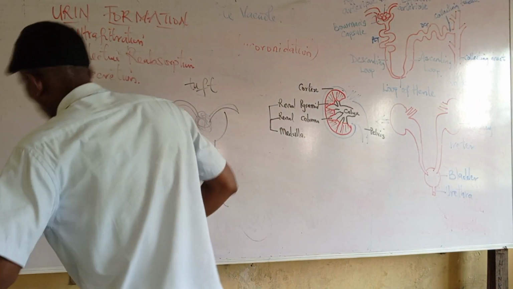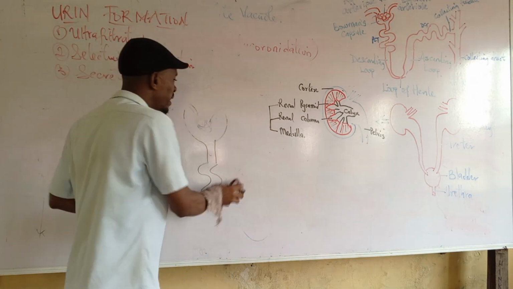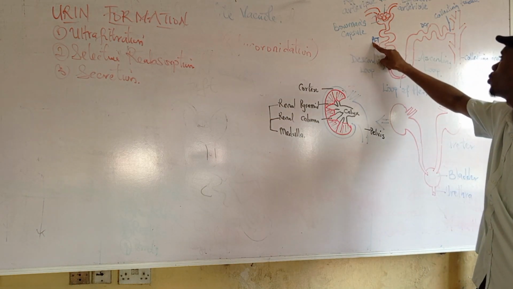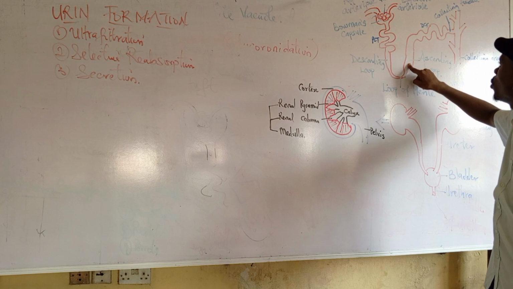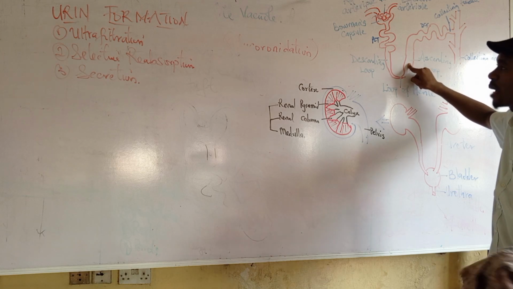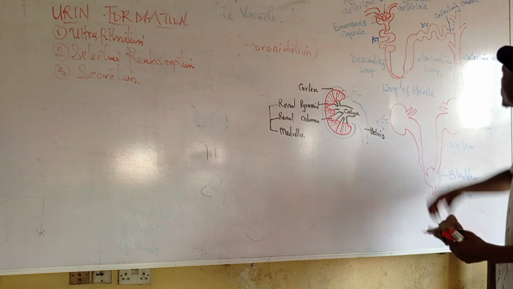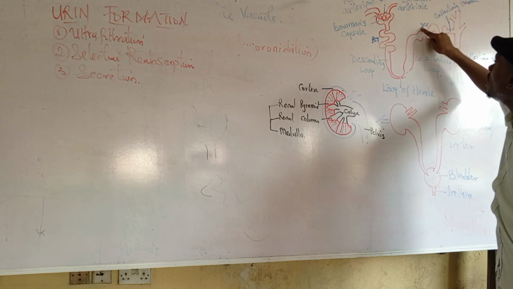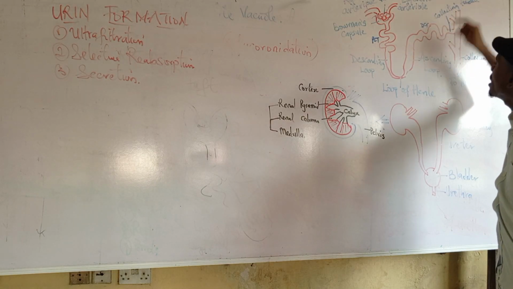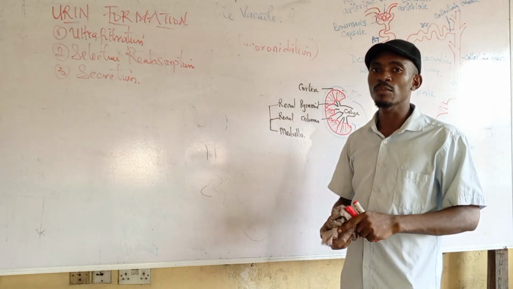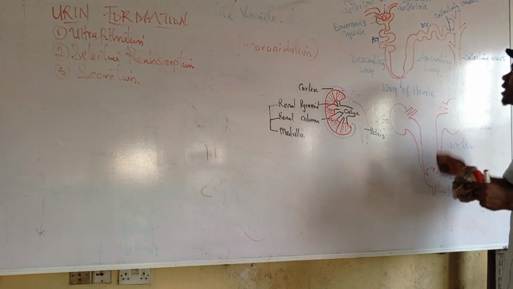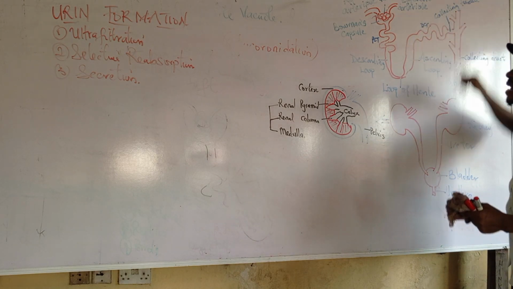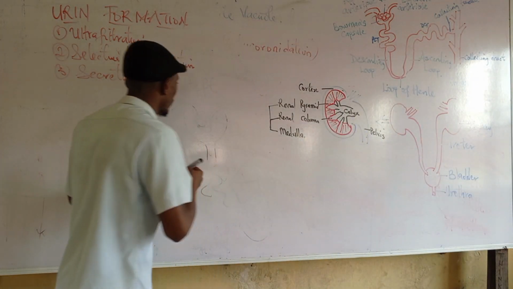So, what are the things that will be reabsorbed? We have things like sodium chloride, which will be reabsorbed from the descending limb, from the proximal convoluted tubule, and from the ascending limb. Then we could also have water being reabsorbed at these points. But the distal convoluted tubule and the collecting tubule are usually not permeable to water. So the only way that water can be reabsorbed from the distal convoluted tubule and collecting duct is when ADH, antidiuretic